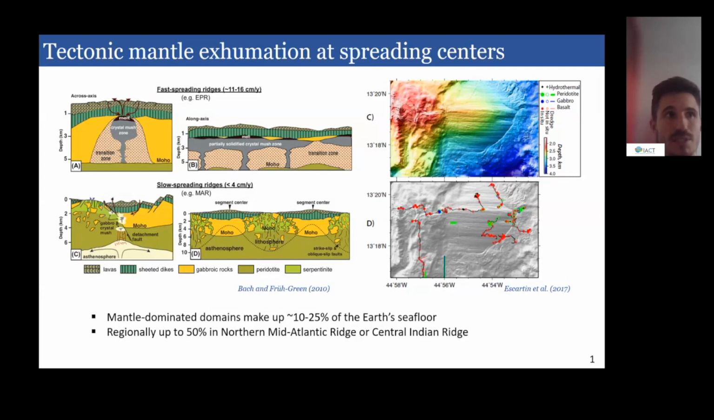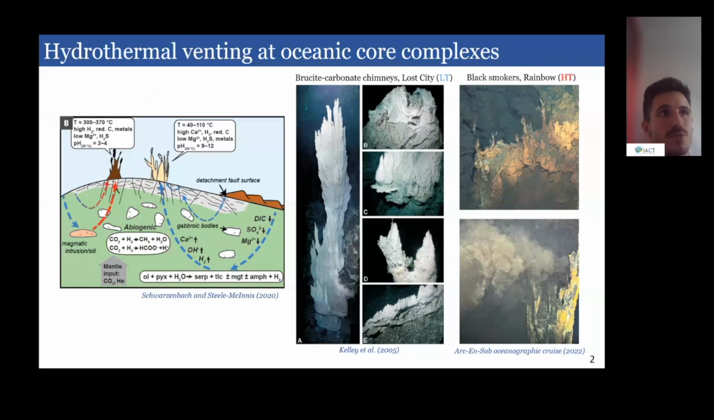And obviously, in these environments, where you have mantle rocks that are exhumed at the seafloor, you have some very particular fluid-rock interactions. Let's say that we have two end members depending on the nature of the deep fluid-rock interaction. On one hand, we will have low temperature fluids that vent at the seafloor that are really reduced, alkaline, rich in calcium, and these fluids may form the so-called brucite carbonate chimneys that have been observed at the